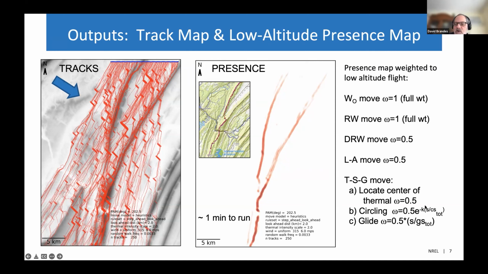And then as it circles up, we have a rapid exponential decay of this weighting factor. And then it glides and the weighting factor increases linearly as it glides back to 0.5. So this is somewhat ad hoc, but it's a way of, in the meantime, accounting for the height or the altitude of the